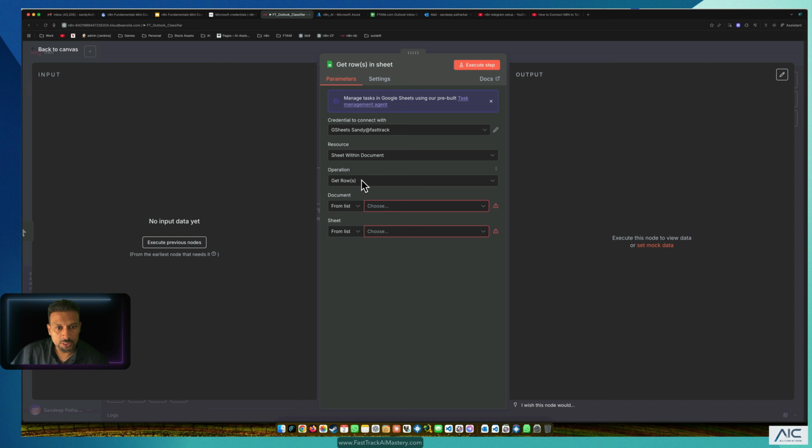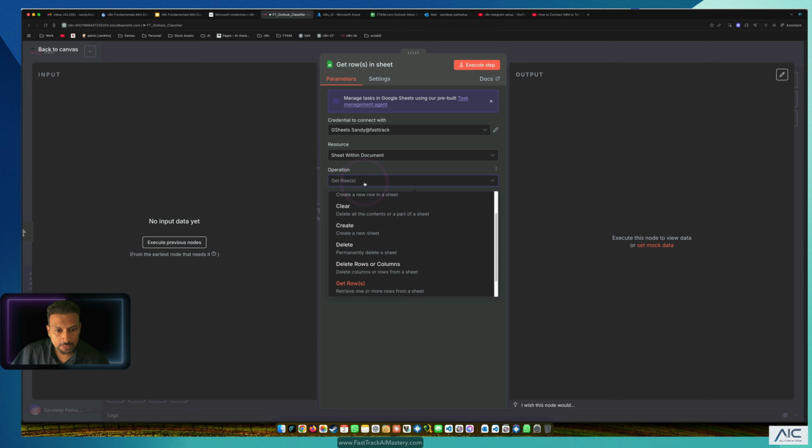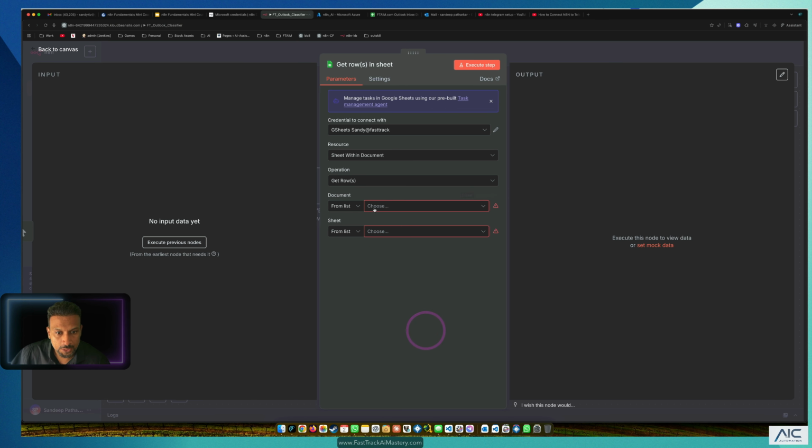We need a document, a sheet within a document. The operation is get rows. There are multiple operations over here. We can clear all the contents, which we do not want to do, or create, which we do not want to do. Right now we want to do get rows. What do we need? We need